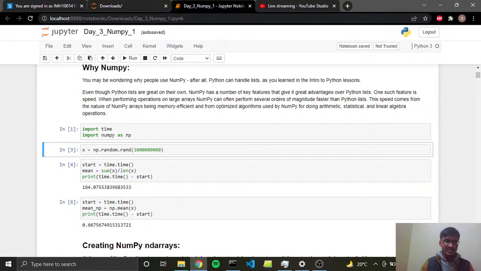Now, in the next part, small x equals np.random.rand, and here we are giving a value where after 1 there are 9 zeros. So what is this? Let us execute this first and